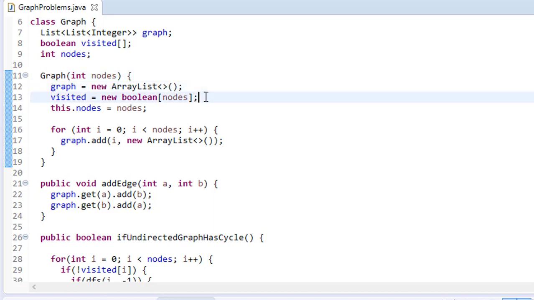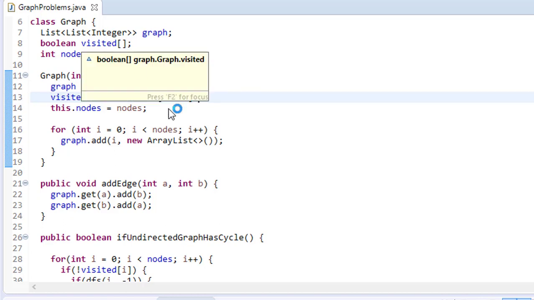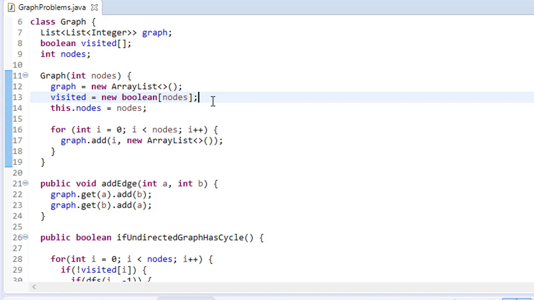Now I am creating the Boolean array. I have this visited Boolean array of size equal to the number of nodes. Now for each index, there is a new array list, so we are defining a new list here. Right? So this is how we have defined the graph.